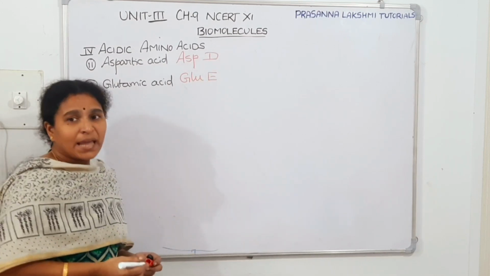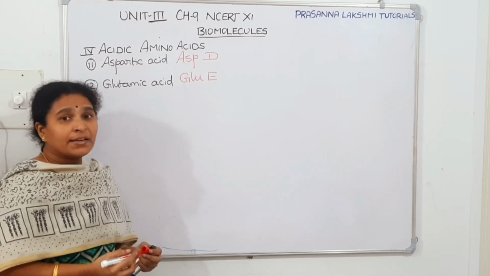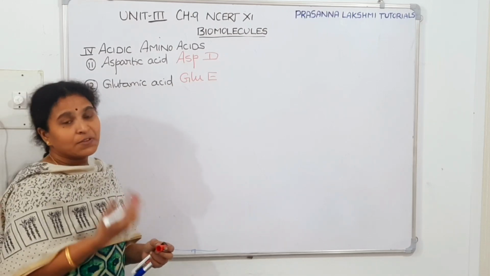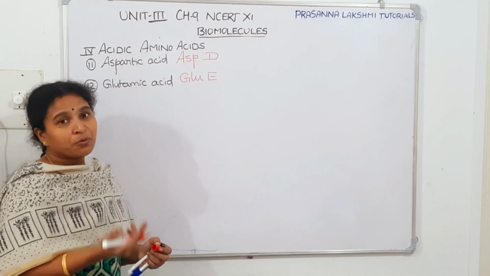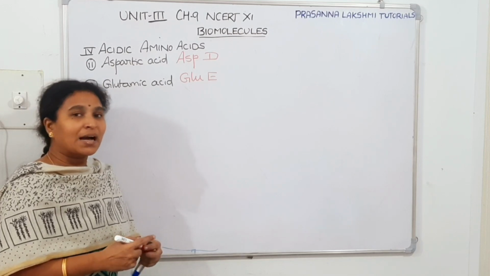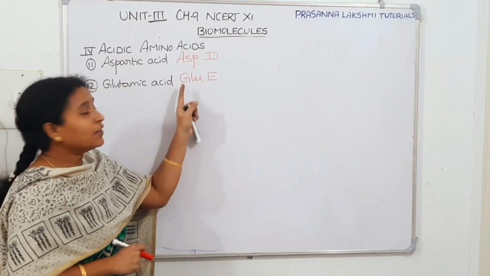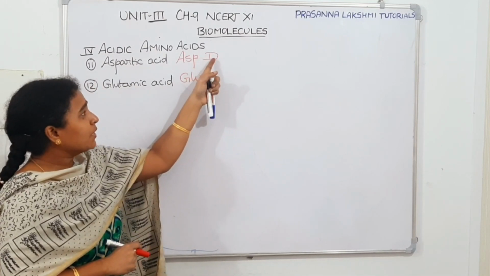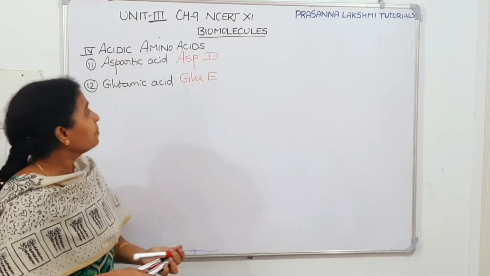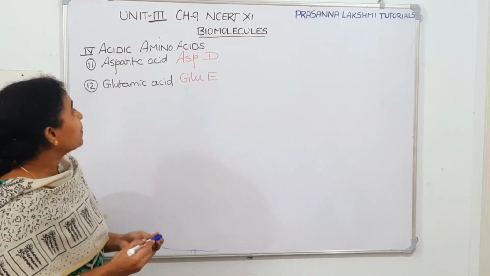Why didn't we go with A? A we gave for alanine. Why didn't we go with the second alphabet S? We went with serine. The third alphabet P went with proline. So there's no option for us. We had to pick. Alphabetically we went with D. G is for glycine, L for leucine. So we just went below D, and we brought E. Now let us see the structure of aspartic acid.